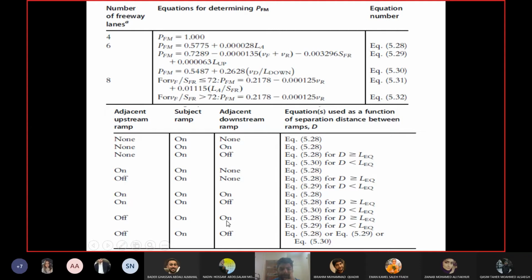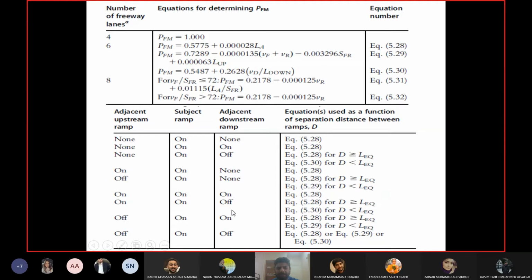It may happen. It may also happen that you have an upstream off ramp as well as an upstream on ramp as well. I think we did an example last time where they gave us 7 interchange points, and at those 7 interchange points there were 16 ramps. So at one particular point you may have more than 1 ramp as well. So in that case you may be fulfilling a condition of having, let's say, a downstream on ramp as well as a downstream off ramp as well. So it can happen.